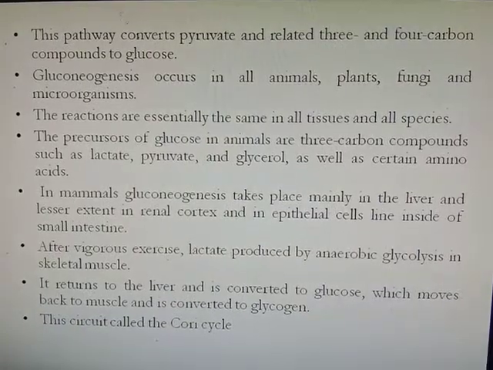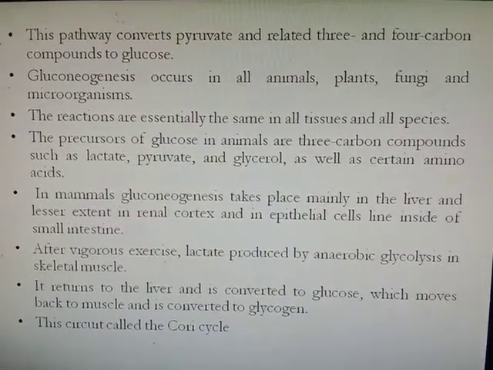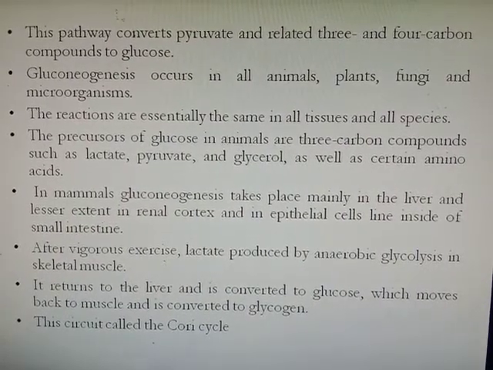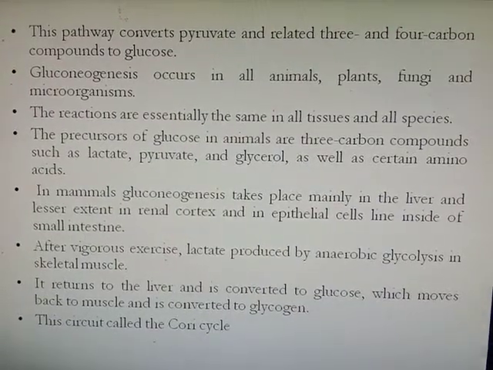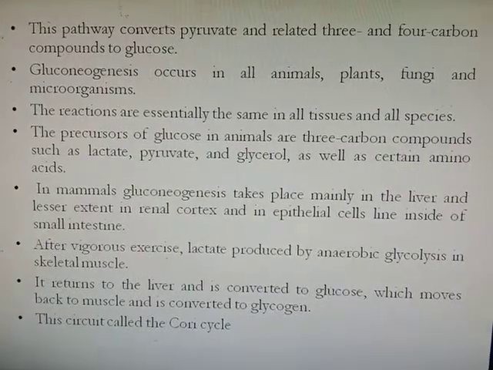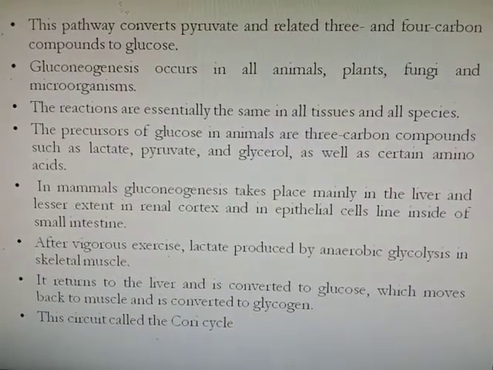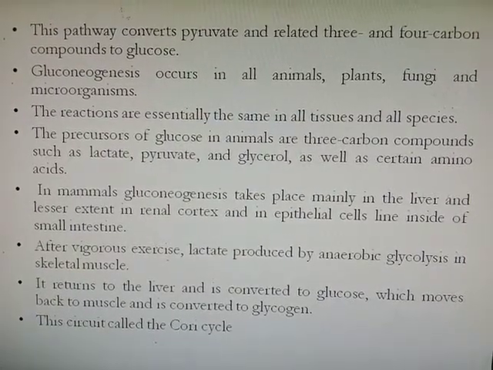This pathway converts pyruvate and related 3 and 4 carbon compounds to glucose. Gluconeogenesis occurs in all animals, plants, fungi and microorganisms. The reactions are essentially the same in all tissues and all species. The precursors of glucose in animals are 3 carbon compounds such as lactate, pyruvate and glycerol as well as certain